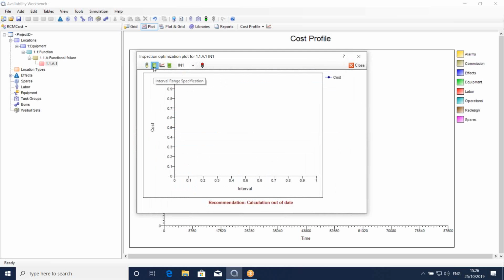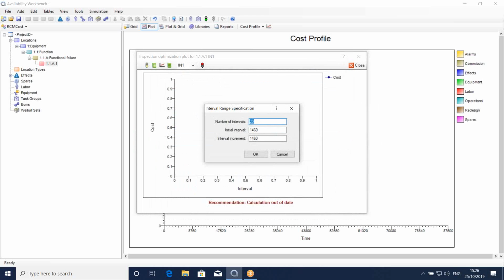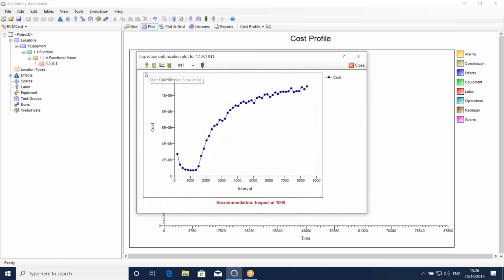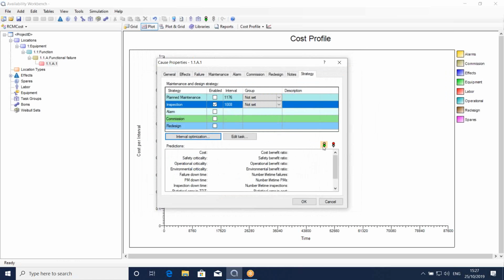Maybe I will optimize the inspection. Let's do something similar to what we did before. Just test the same intervals, run it again. So this is saying, do the inspection at roughly the same sort of interval that we saw for the preventative maintenance. We can accept that, run the analysis again, and now we can see the cost benefit ratio has dropped